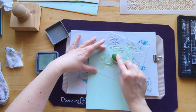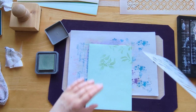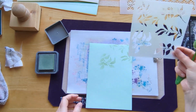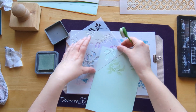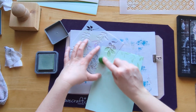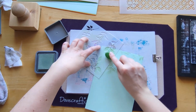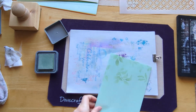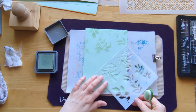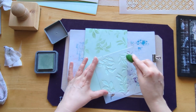Oops. The stencil has been so used, it's got bent up in places. Okay, yeah, I did wonder if we'll get a little bit of a shadow. I'm trying not to, but